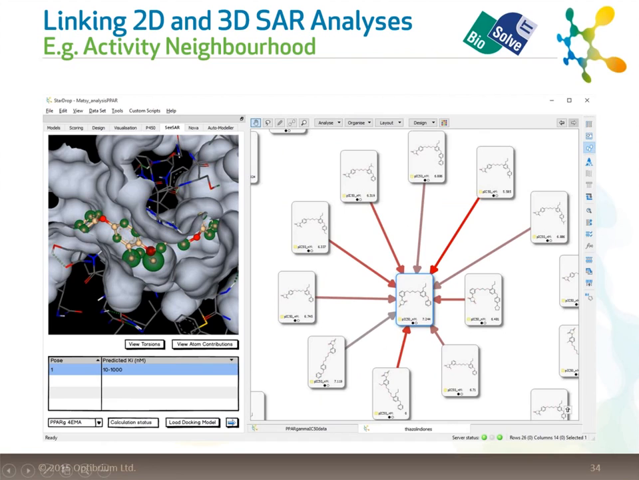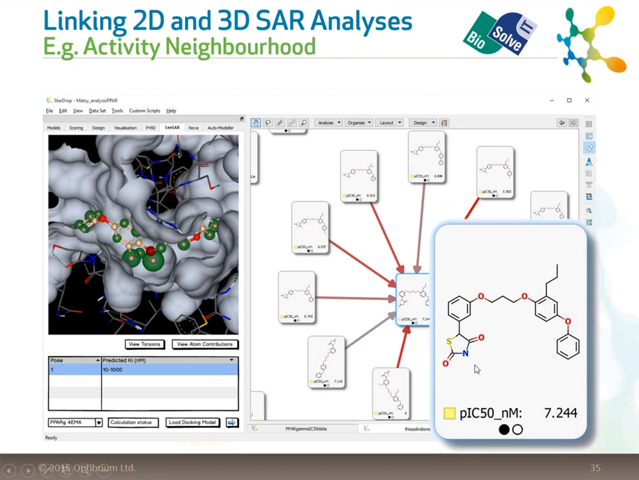And another thing that we believe is very important is the ability to link the 2D SAR analysis that we do with the 3D view of the world and the target interactions, to make sense of those patterns you see in the data. I showed you the example very quickly of this activity landscape where we've got a reference compound here and close neighbors, which in this case are all less active than that reference. And understanding these activity cliffs, these big changes in activity that are driven by small changes in structure. So this is a very quick example where we have an analog of rosiglitazone,